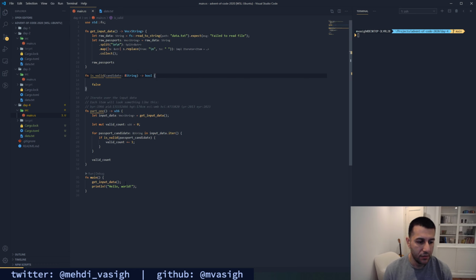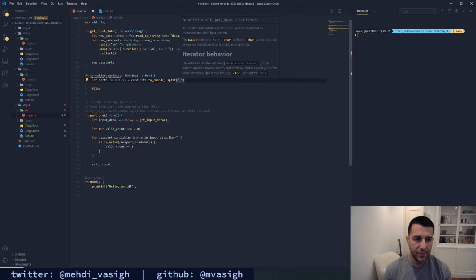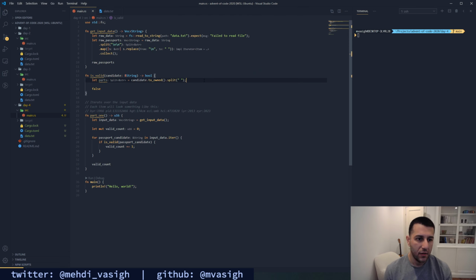So let's write our validation function. We're going to get a reference to a string. What we need to do is say let parts equal candidate to owned split by space. And this is going to give us a split string.